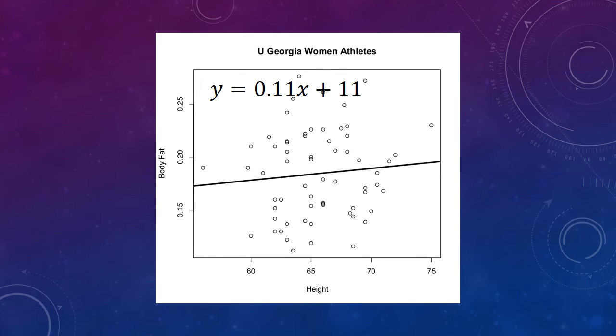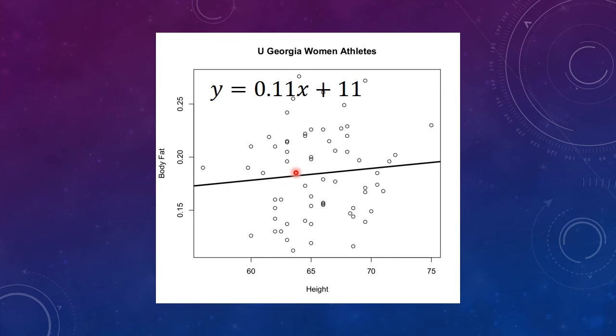You may recall that in this example, the correlation was very close to 0, indicating next to no association between body fat and height. The best fitting line for these data has the equation y equals 0.11x plus 11. Notice that the slope, 0.11, is very close to 0. This indicates that for a change in x, that is to say a change in height, there's very little change